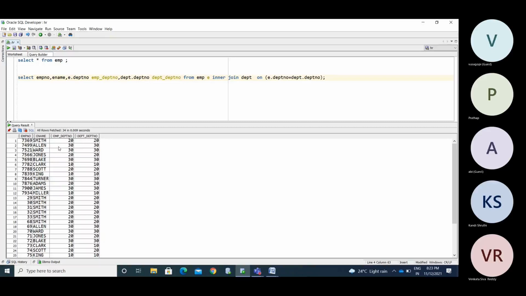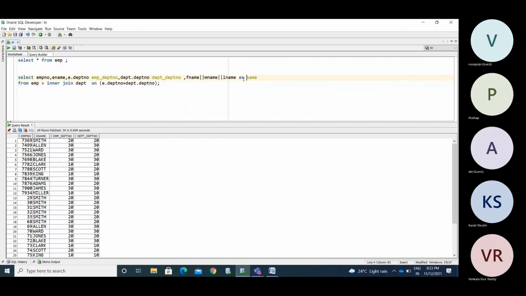You can change the column names using alias names. Suppose you have an employee number and name columns: first name, last name, middle name, 3 columns. If you want to retrieve the 3 columns as one name, you mention F name concatenate M name concatenate L name as name.